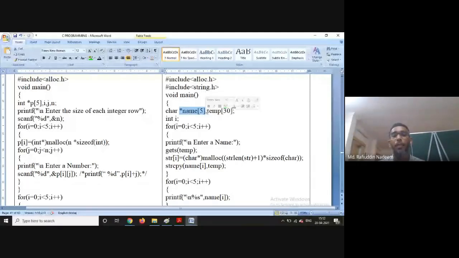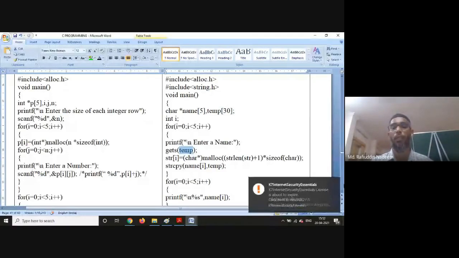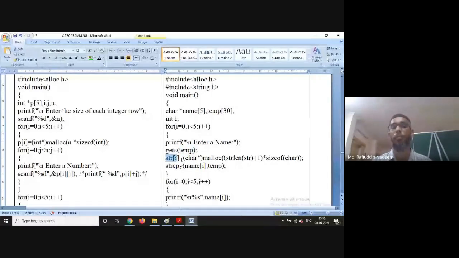And another array, temp[30], has been created. Now, for i is equal to 0, enter name. First name is given and it is stored in temp. Assume that the first name is given as Vizag. Let us assume that.